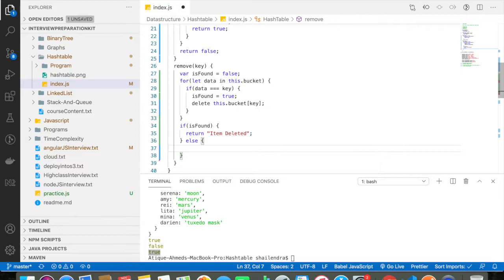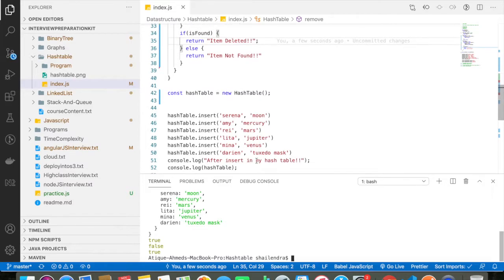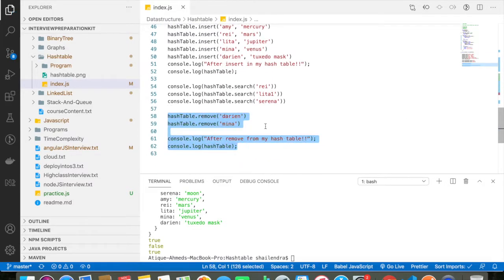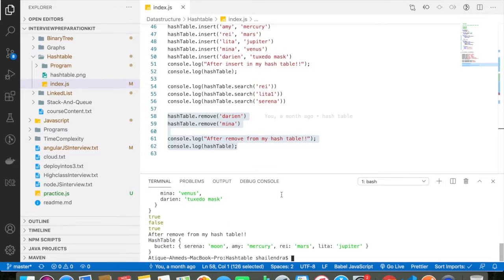Else I can return item not found. Alright, so let me just uncomment the last line, which is these two, and let me run the application once again, which is node index.js.